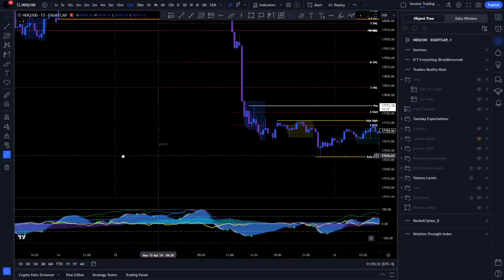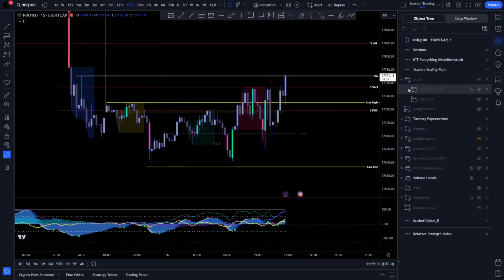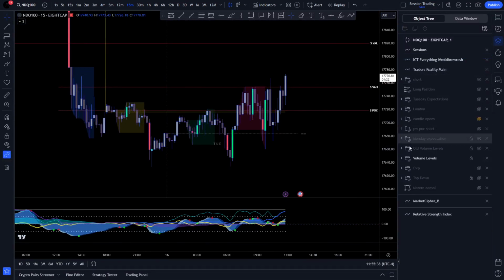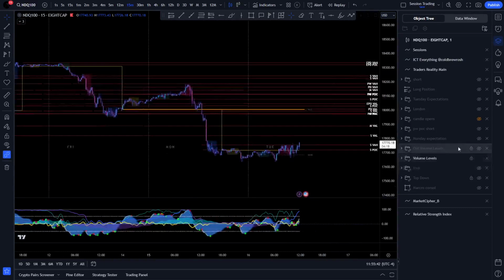Okay, I'm going to go through a couple things from this morning's price action. Let's close this off for a second. Eliminate the expectations. We'll talk about them in a minute. So we had all of our original volume levels that we had been taking a look at, except we added the Monday previous day levels, so Friday's levels, into our old volume levels, and it's just something we'll keep